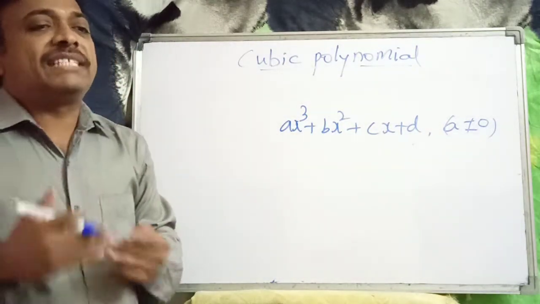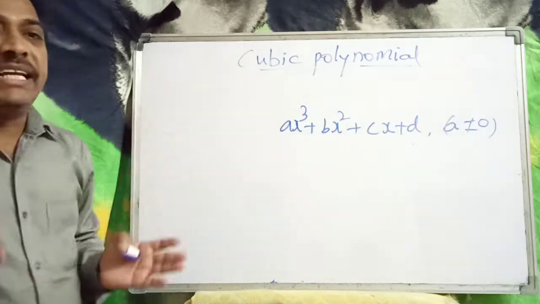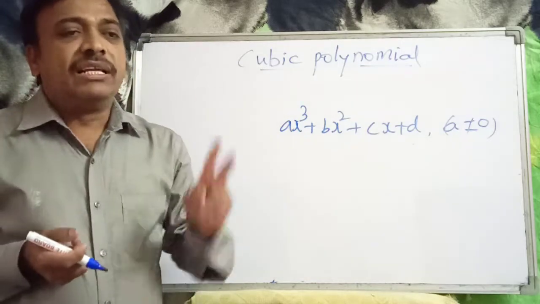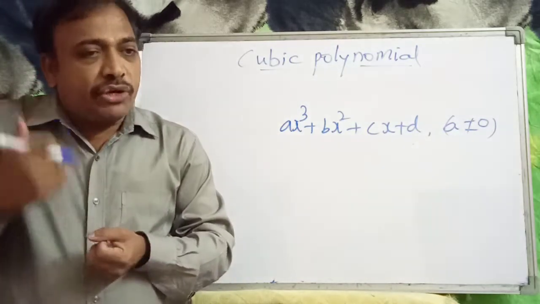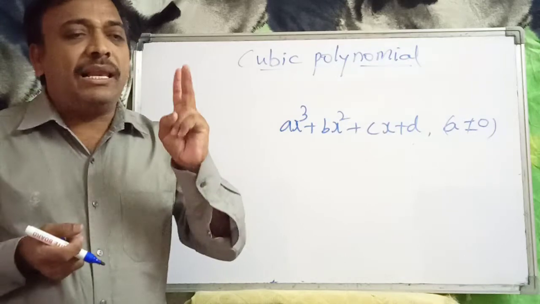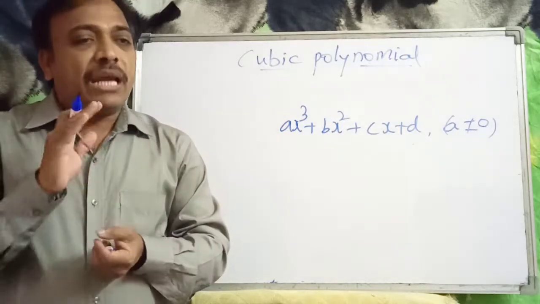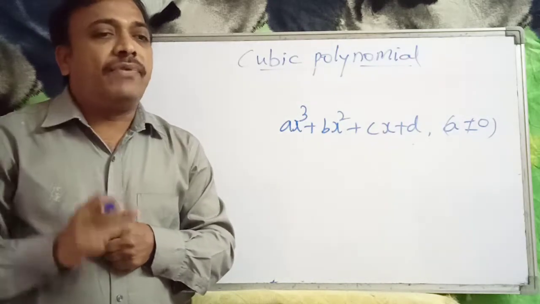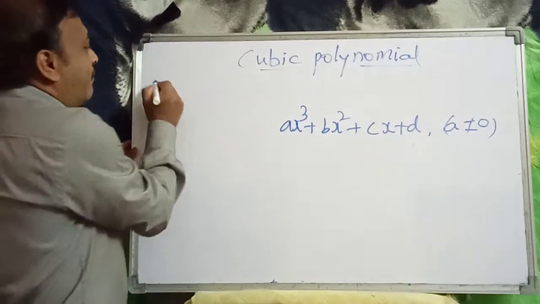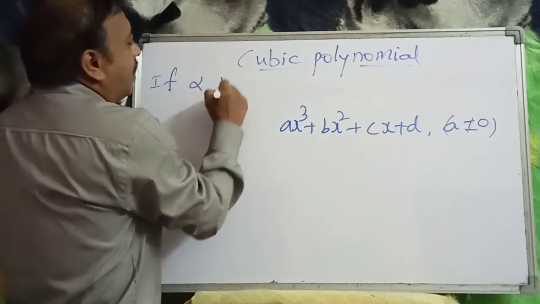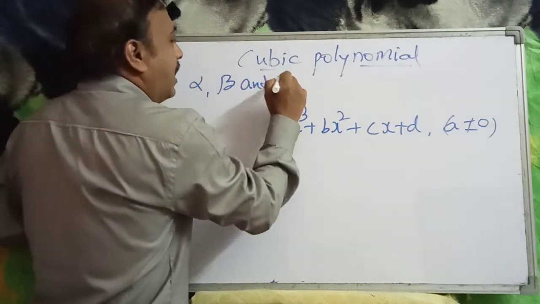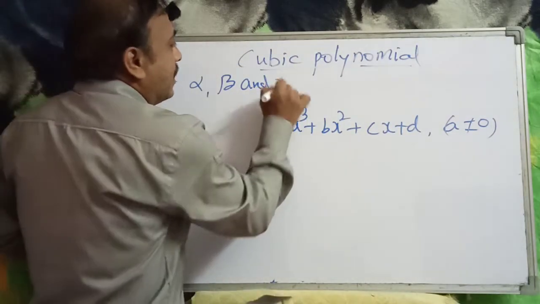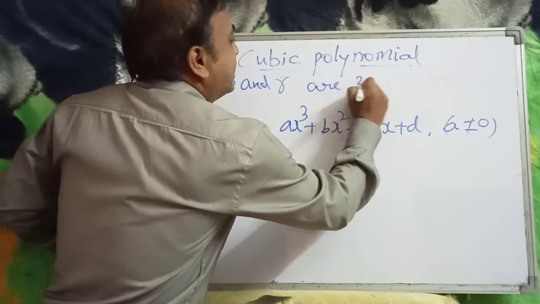Let the 3 zeros be alpha, beta, gamma. If it is a quadratic polynomial, we took 2 zeros, that is alpha and beta. Now for a cubic polynomial, one more zero will be added, that is alpha, beta, gamma. So if alpha, beta and gamma are the 3 zeros